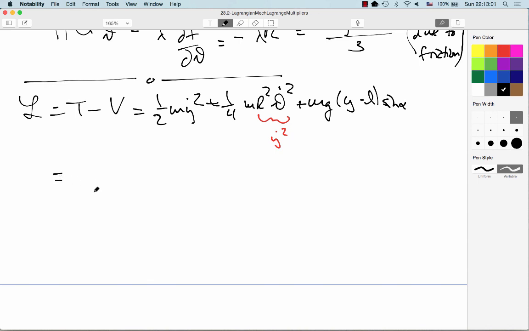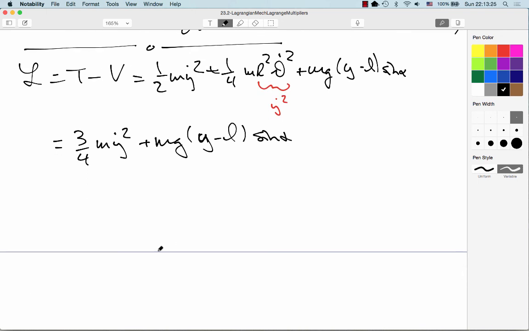So then we would rewrite our Lagrangian as 3/4 m y dot squared plus mg y sine alpha. So now our Lagrangian only depends on one variable,